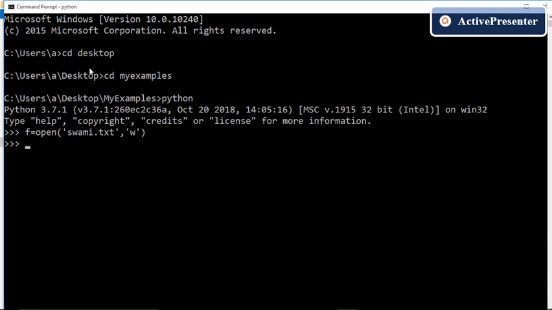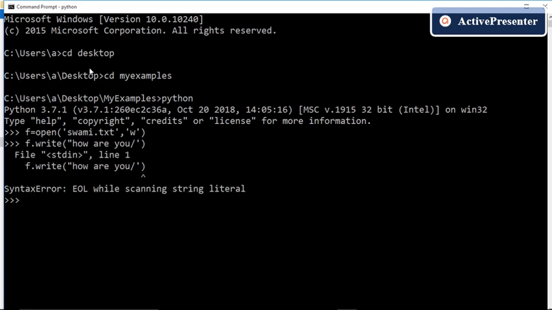Now let us write some content using write function into this file. So I am writing how are you. Okay, now I am writing this content into the file.